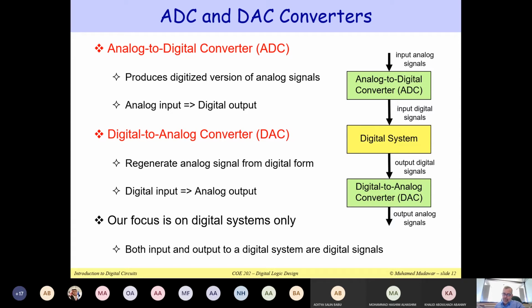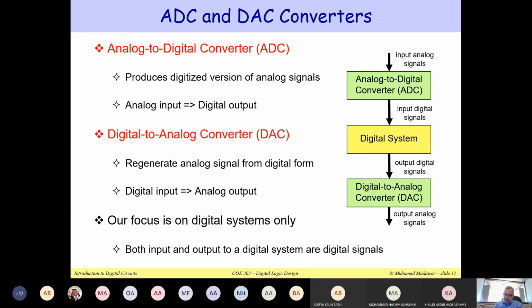And later, if you would like to play this sound file, or you would like to hear it, there is another converter that will convert the digital signal back to analog. So this is called a digital to analog converter, which is shown at the bottom, that will output the sound back into its analog form. So it becomes a sound wave, and therefore you can actually hear it.